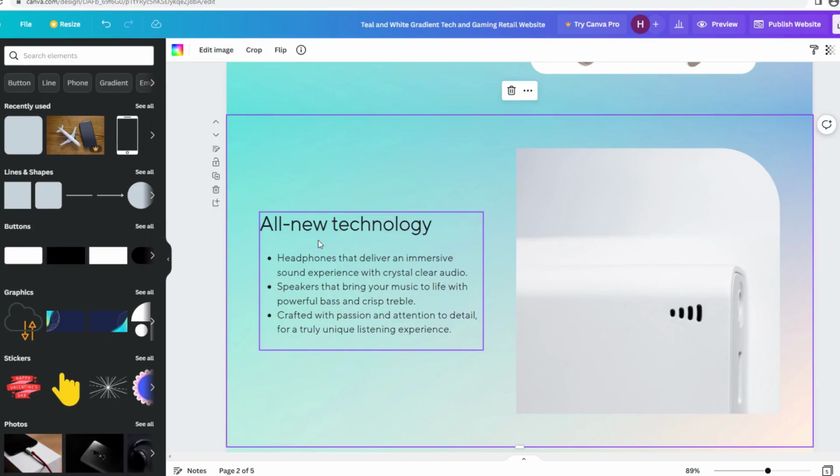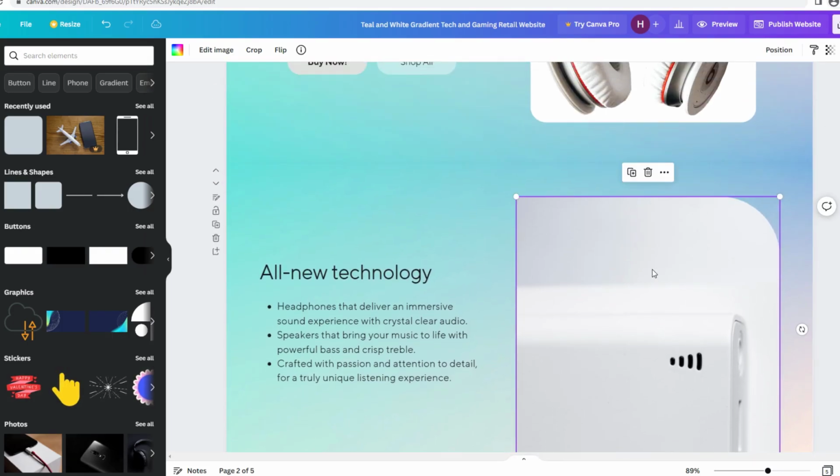All new technology. Headphones that deliver an immersive sound experience with crystal clear audio. Speakers that bring your music to life with powerful bass and crisp treble. Crafted with passion and attention to detail for a truly unique listening experience. And now that is done, I'm going to just leave this here,